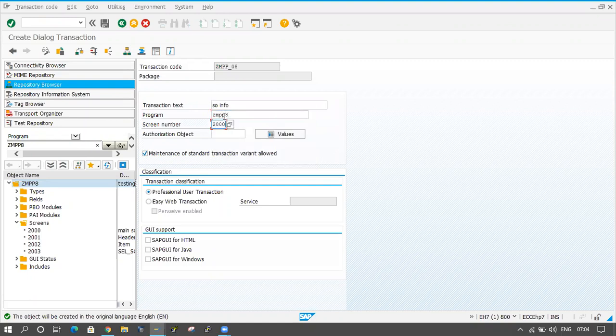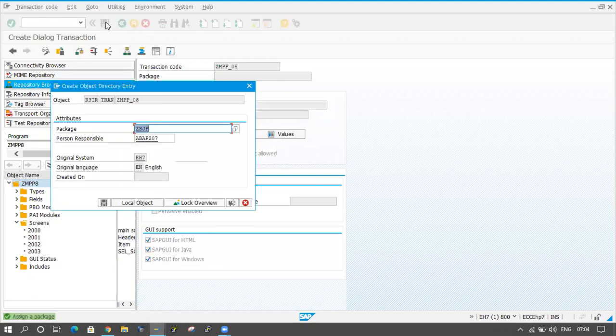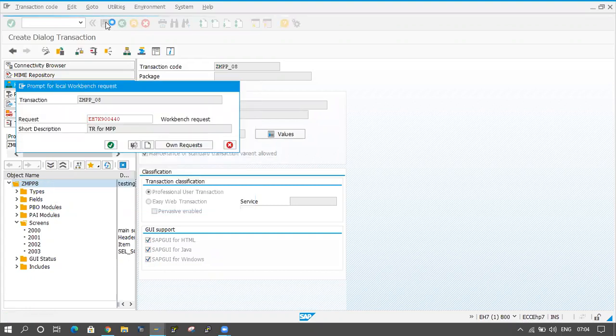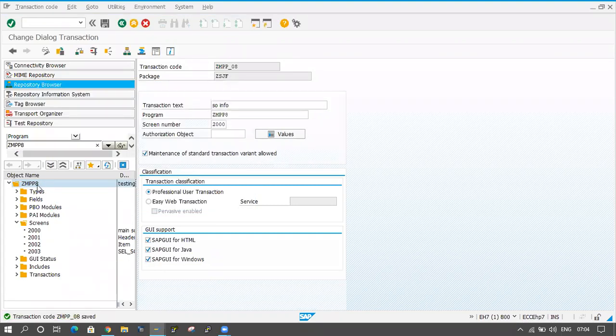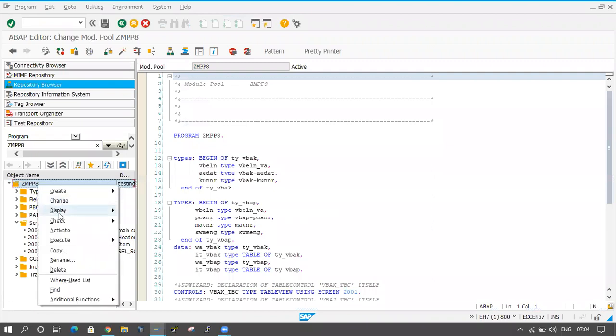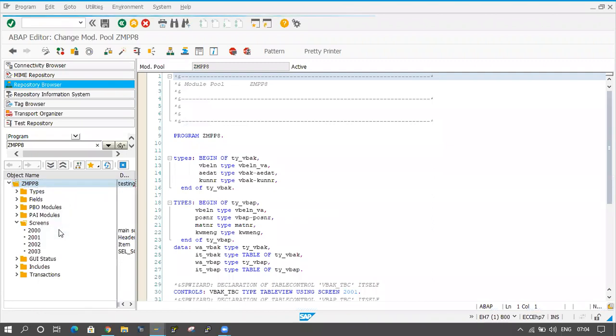The screen number is 2000, the initial screen, first screen is 2000, and I am selecting the checkboxes here. Now save it. Double click on the main program, right click on it and activate it. Okay, it's activated. Now I will execute this transaction ZMPP underscore 08 in a separate session.